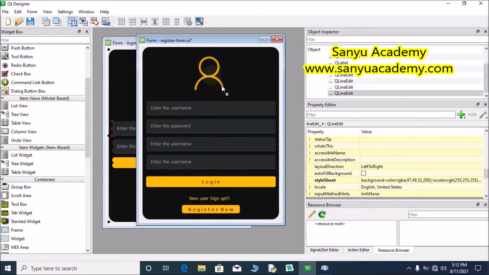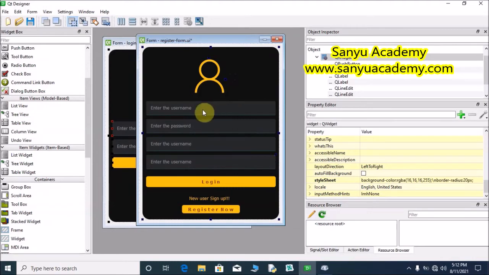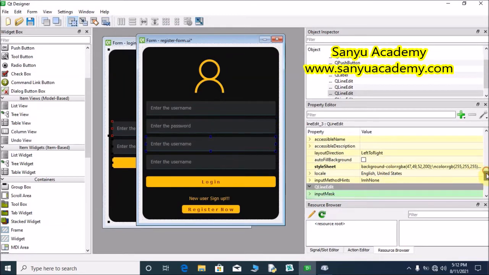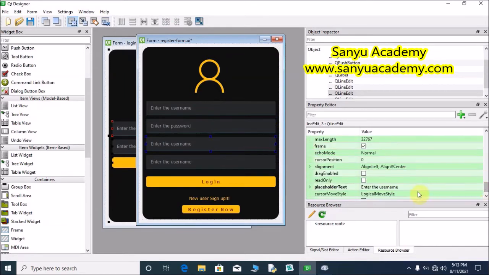4 fields we are going to collect from the user and we are going to save it in the database. Enter the username, enter the password, enter the email, change it to enter the email. Enter the phone number.